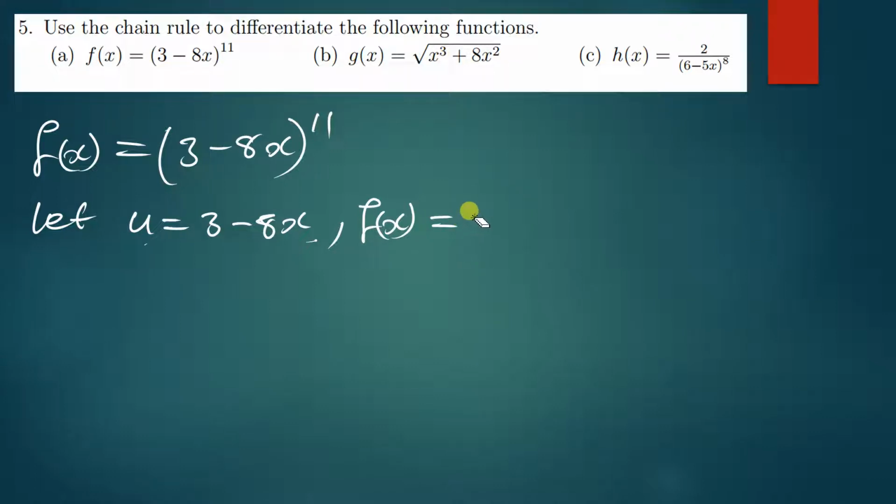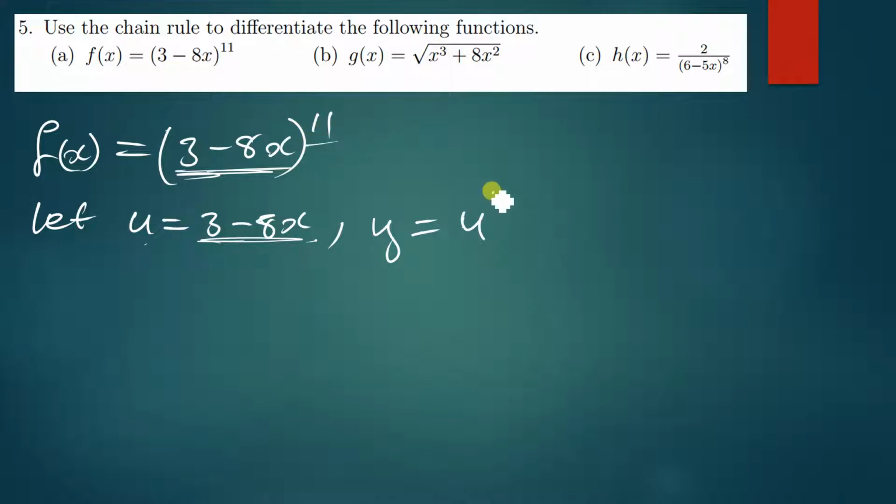Let me just say the second function is y, so that it's easier for us to differentiate it. So y is equal to u, this same expression here that we're calling u,